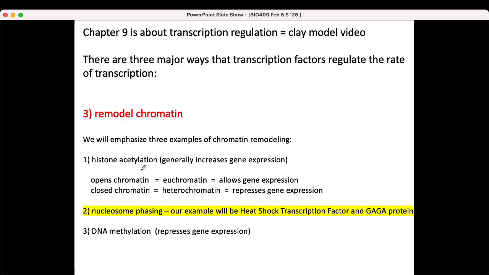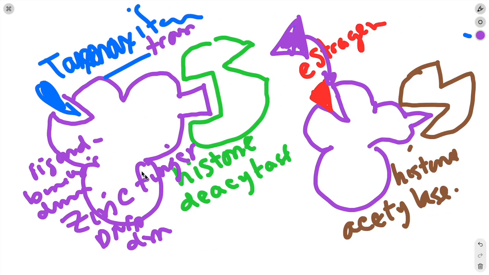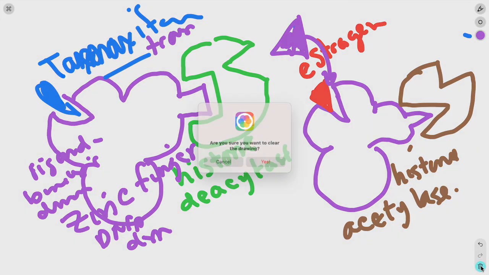So here's our second example of chromatin remodeling. It's an example that's really significant that I don't think our book ever mentions, and it's great to mention because it fits into an existing example in a really satisfying way. Our example is back to that heat shock transcription factor, and we're going to add another transcription factor that's got another great name. It's called GAGA factor. And so it's going to look like this,